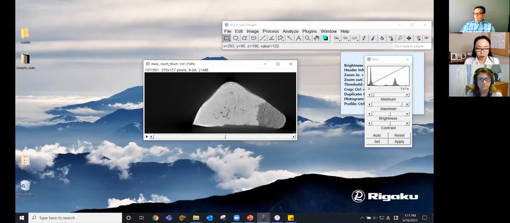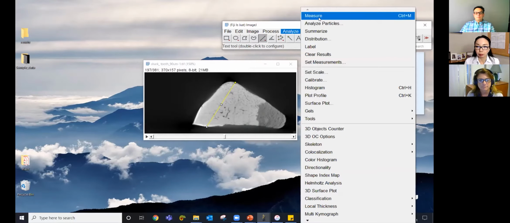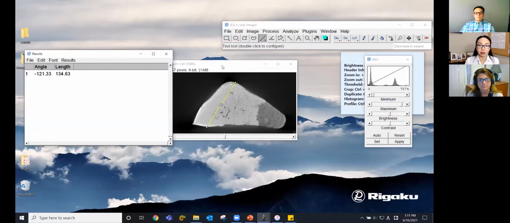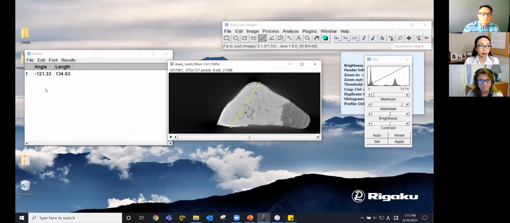Now, let's do some measurements. So let's say we want to take a look at the size of the tooth. And to do that, you will choose this straight line tool. And you can draw a line where you want to measure the distance. Then go to Analyze and Measure. Then you see here, angle, this is the direction of the line, and also length. And it says